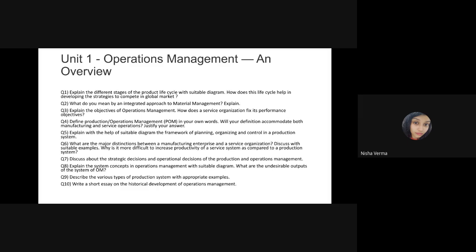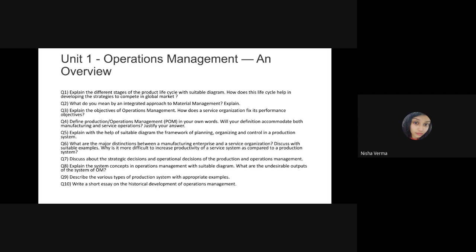It maintains a steady flow of material, ensuring that production does not get interrupted. It adopts cost reduction techniques like MRP and value analysis to manage the total cost required for proper management of material. And it provides the right material in the right quantity and at the right time to ensure the production